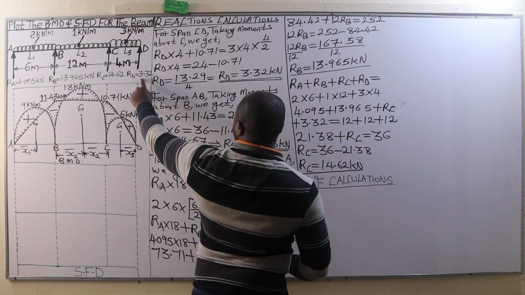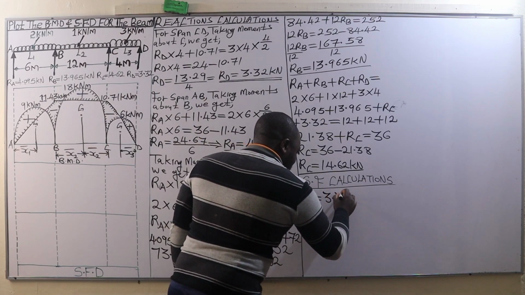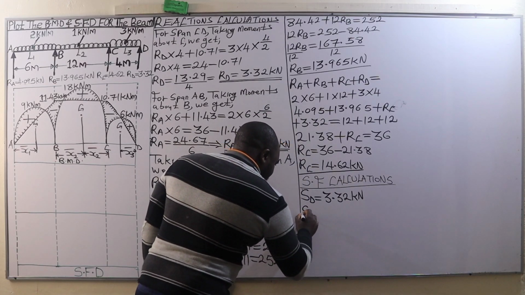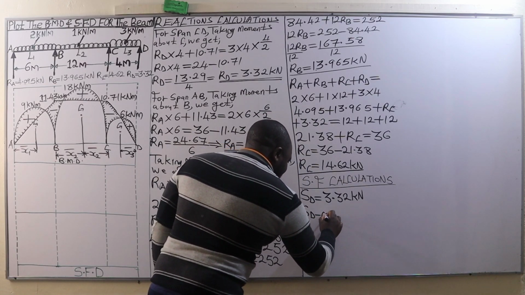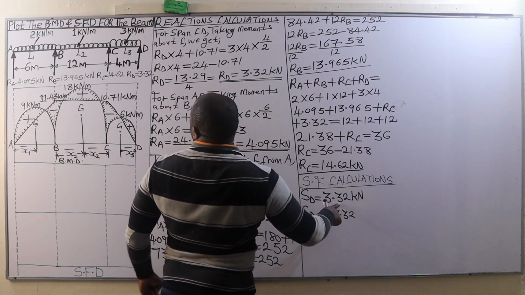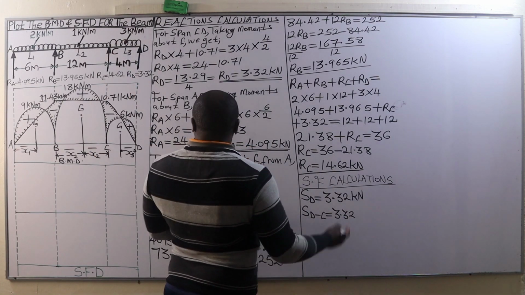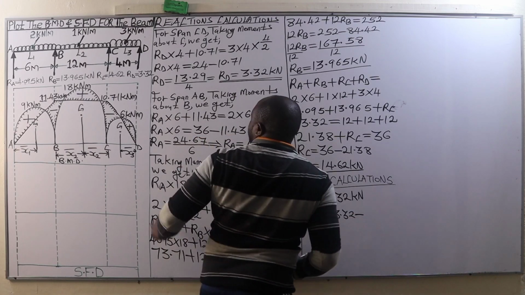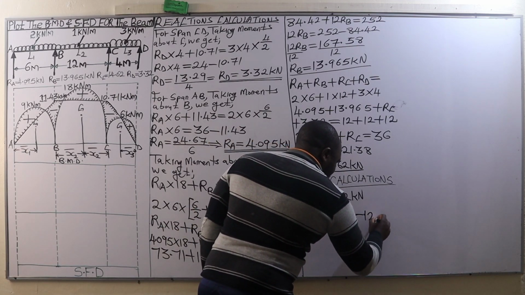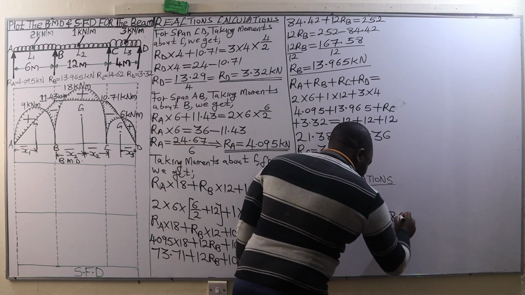We are going to begin with shear force at the end D, and the shear force at the end D is going to be equal to this reaction at D, which is 3.32 kilonewtons. Then from there we have shear force between D and C. It is going to change uniformly from 3.32 kilonewtons minus the UDL between D and C. When you convert it to point load, that is going to be 3 times 4, which is 12. So we subtract 12, and that is going to give us negative 8.68